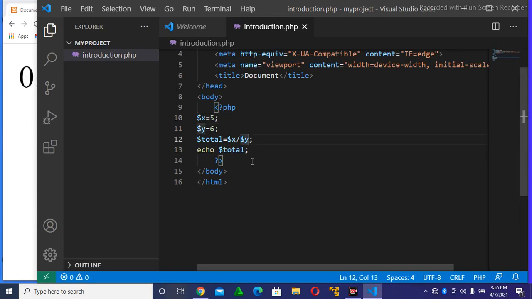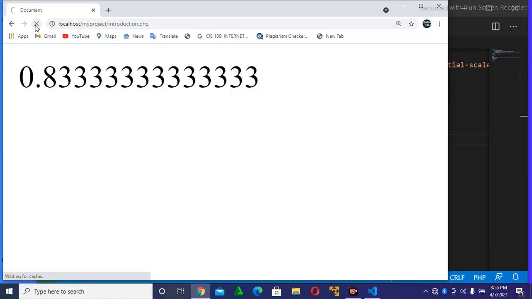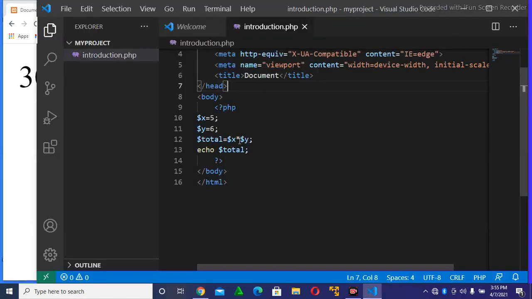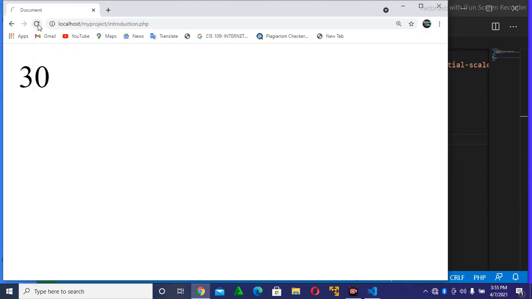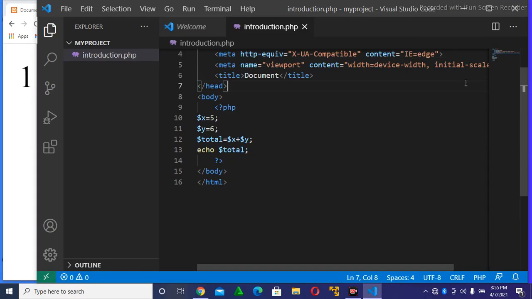So you can also go here and change this sign to, let's say, multiply. You refresh, see it produces 30, 5 times 6. You can put it to plus, then you refresh and get 11. So you can continue and write. Let's say you can add another variable there and say variable z equals to 9, you put a semicolon there,